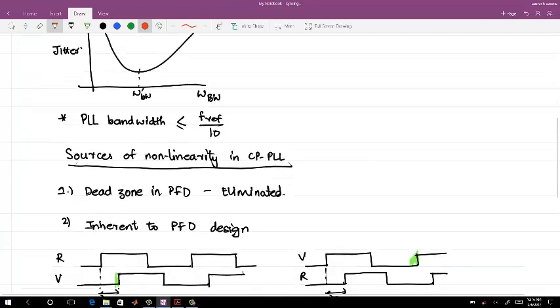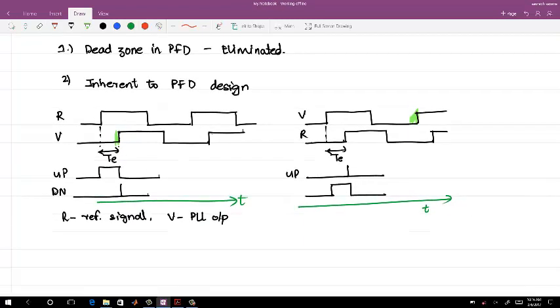So the phase error at the reference which I had initially, the TE phase error, for that phase error this V edge has actually moved in, if the feedback is right. So at the reference edge, there was some phase error, but what you corrected for the phase error was different